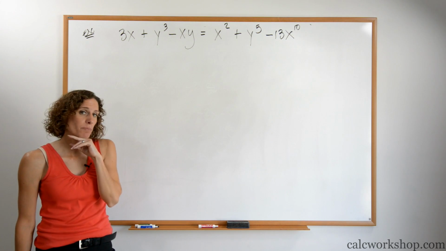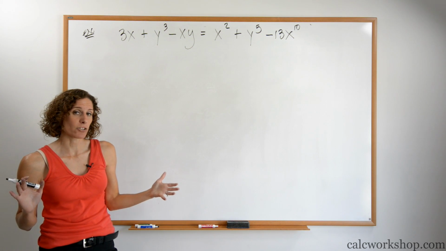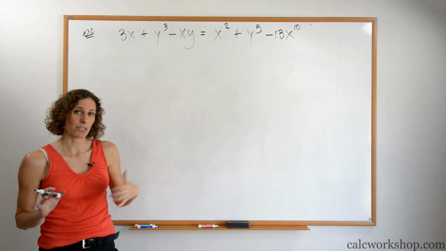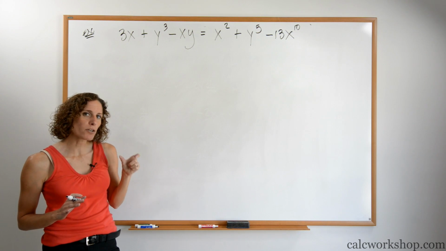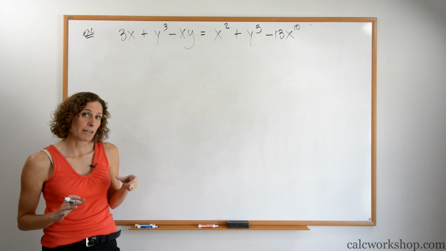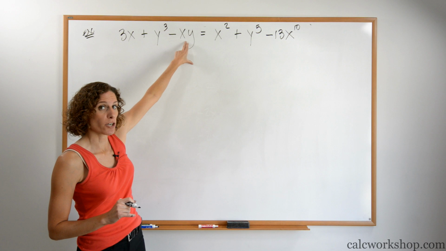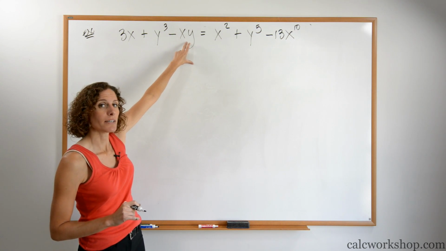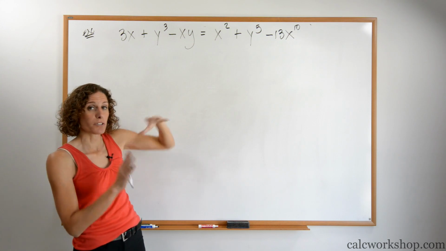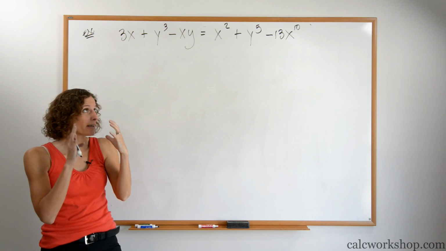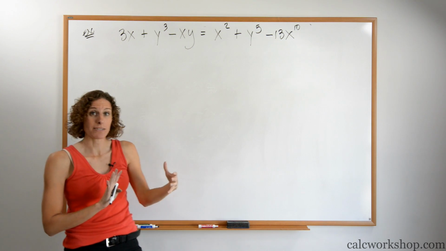I do not want to simplify it and try to get y by itself. I'm going to leave everybody the way it is. I'm going to take the derivative of every single variable. I'm going to take the derivative of y, I'm going to multiply by dy/dx. But I need to be aware of the one little part that's going to be really tricky and sneaky. And it's right here. Again, it's that product term. This product needs to be taken carefully when you deal with the x and the y. So just keep them separate right now in your brain that when I get to it, it's going to be a product rule and I've got to slow myself down.